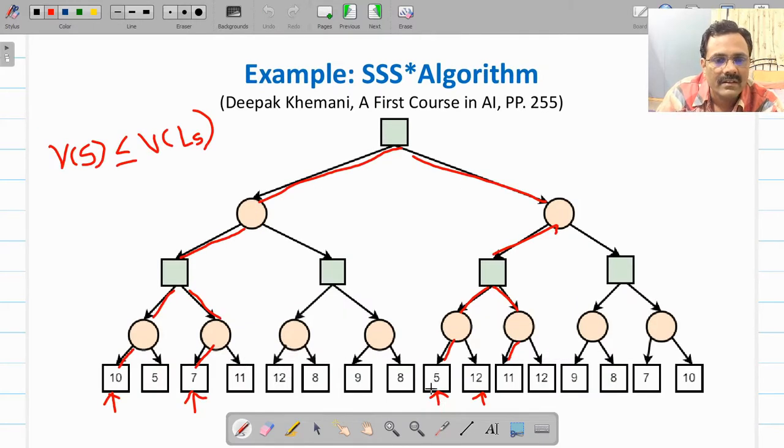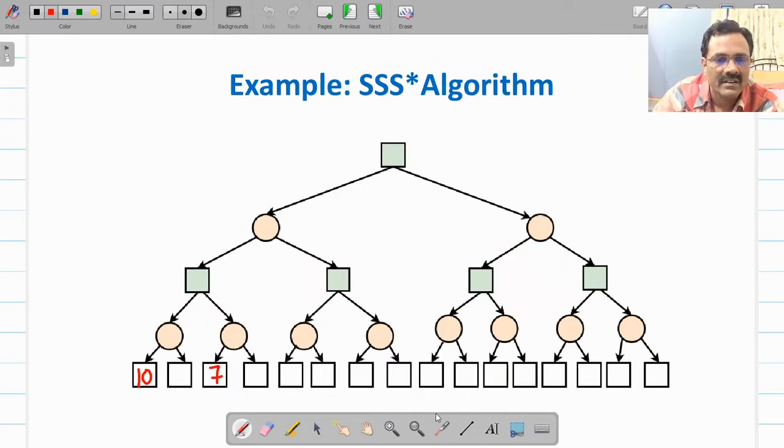Then this node has value 5, and this is 11. Sorry, not 12, 11. So this node will have value 5 and this will have value 11.